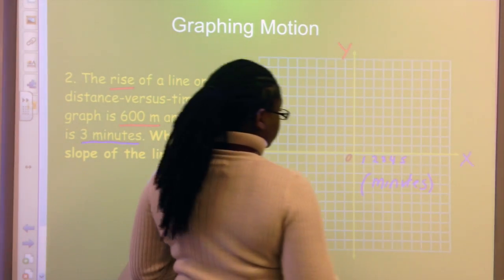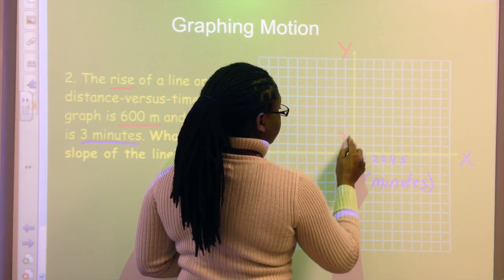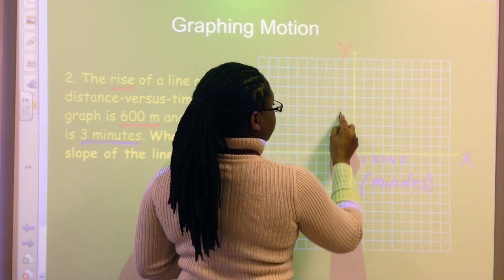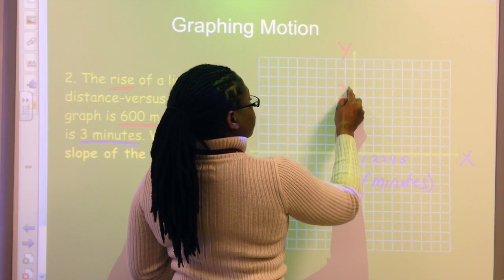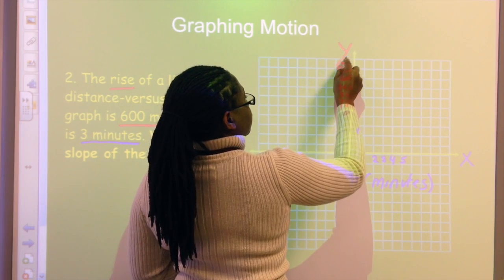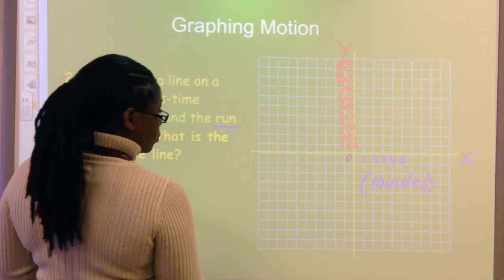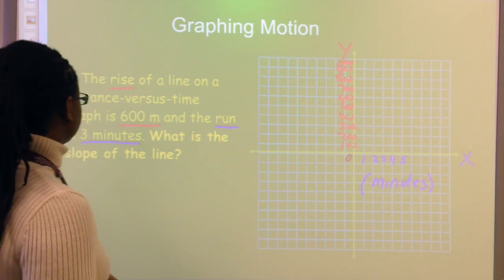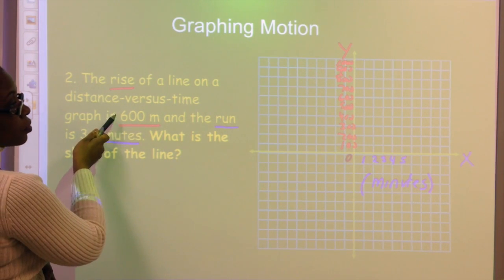And now, what would be best for the distance along the y-axis? In this case, I decided to go up every 100 points. And I also try to go beyond what I have in the word problem, just to leave myself some additional room. So now that I have the information I need here, I can go ahead and plot these